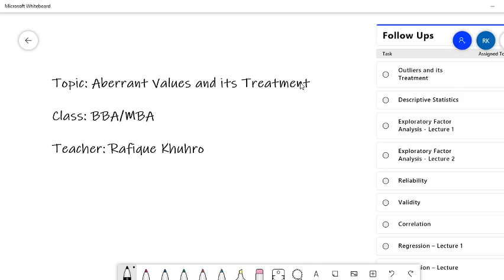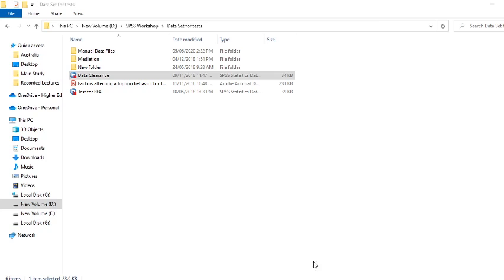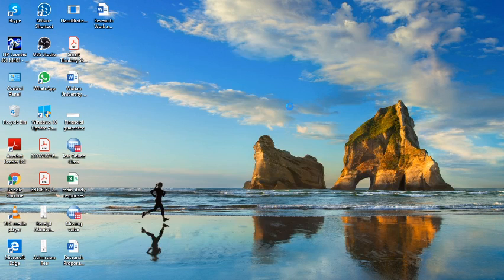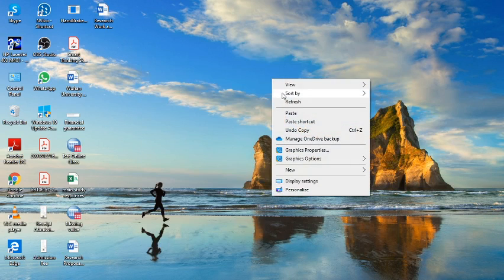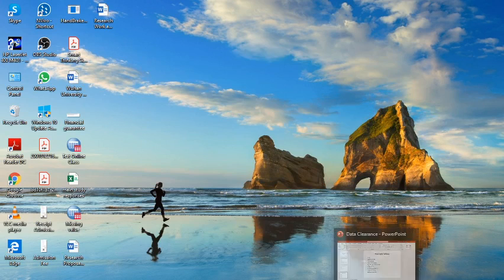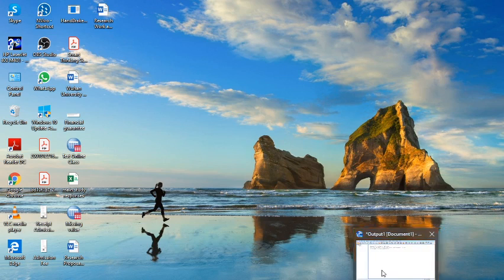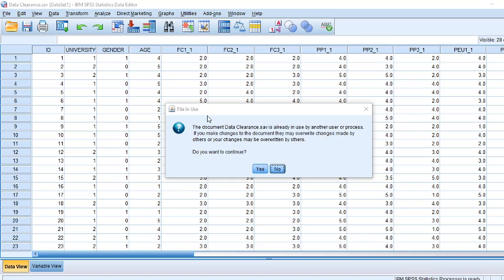We are waiting for the SPSS file to open. Let me click once again. I have already clicked it, but I don't know. Okay, the file is ready to use.